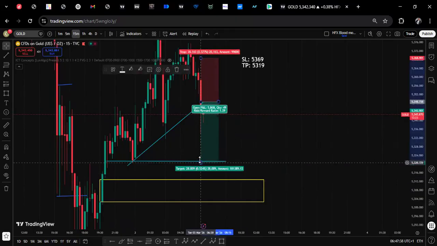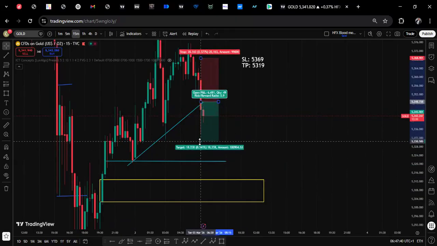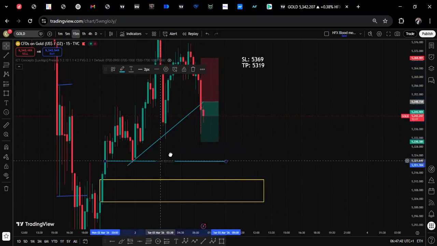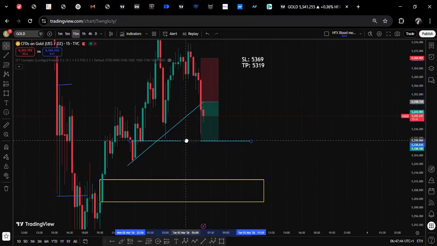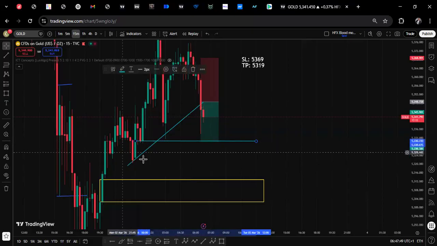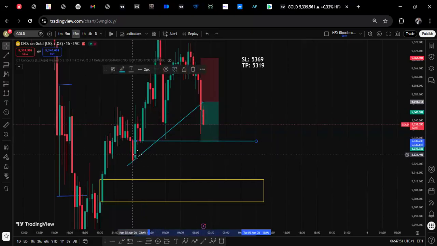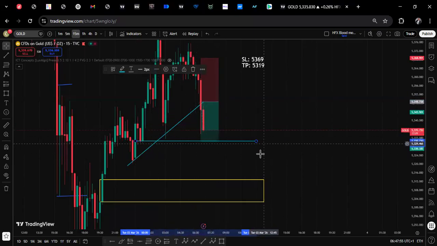If I don't aim too far, I can aim for another one lower here. The same thing, right? This is a support zone, and for every support, there's a liquidity line below it, like we are seeing here, right? So I'll simply target it. So I'm showing you how you can get your target. And if you're not aiming too much,